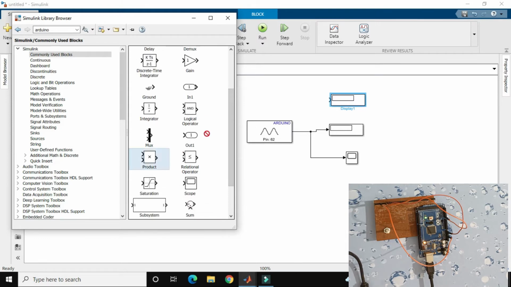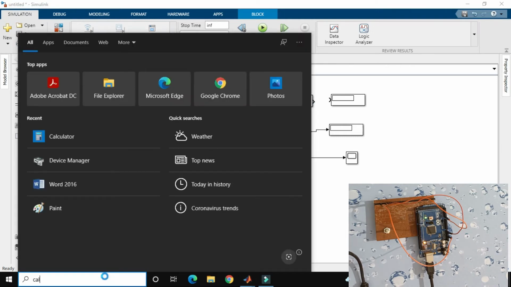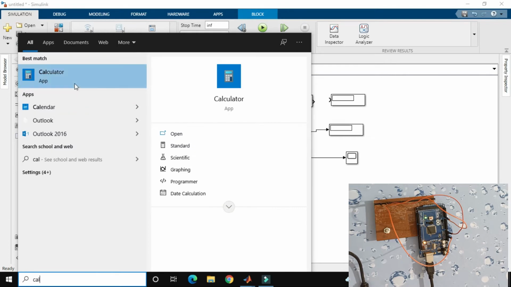Over here this is the product, and over here this is my value. I again go to the calculator, and in this case my maximum value is 5 volt.